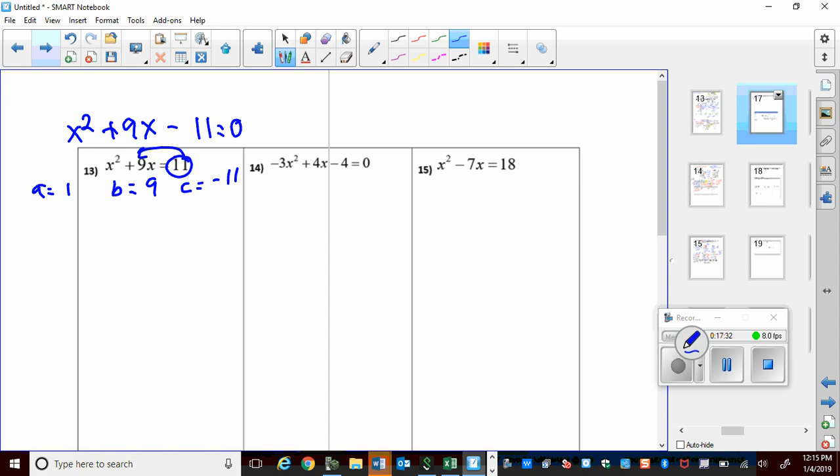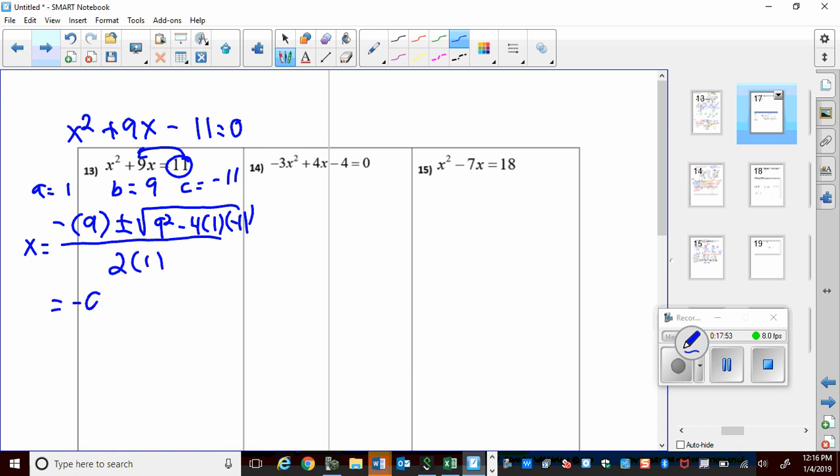When I write this in the formula, x equals negative b, which is 9, plus or minus the square root of 9 squared minus 4 times 1 times negative 11 divided by 2 times 1, or negative 9 plus or minus what's inside of that radical, 9 squared minus